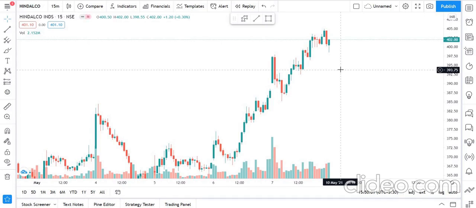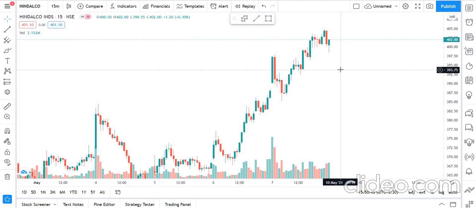So first of all, let me talk about the positional traders. Positional traders take trades for at least a month, or I will say 20 days. If you are a positional trader who trades in options, you create positions, you buy the options or futures on CNC, then you see the 20 or 30 day momentum. You wait for some indicator to indicate that there is going to be momentum in a particular stock. We have told you the momentum strategy, so positional traders can just skip this video, because in this video we are going to talk about only intraday traders and scalpers, right?